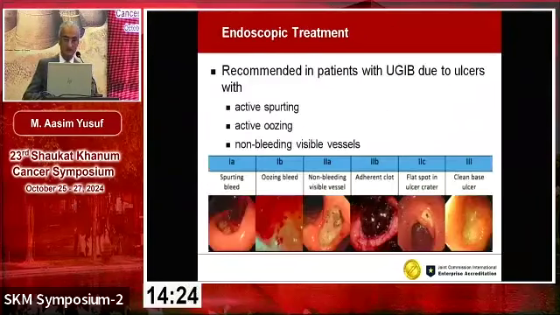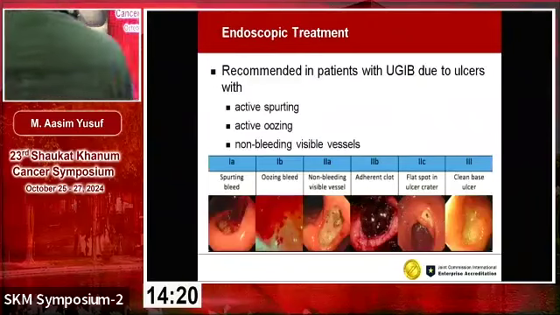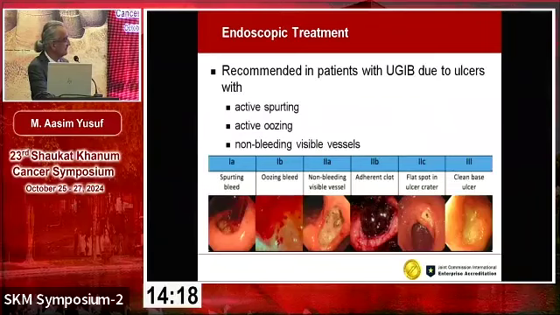So this is what we call the Forest classification of bleeding from gastrointestinal ulcers. Forest 1A is where you have a spurting bleed. You can see this arterial jet coming from the base of the ulcer. 1B is an ooze, where it's a larger area that the patient is oozing from, no one bleeding point. 2A is a non-bleeding but visible vessel, this black dot here, and then adherent clot, flat spot, and then just